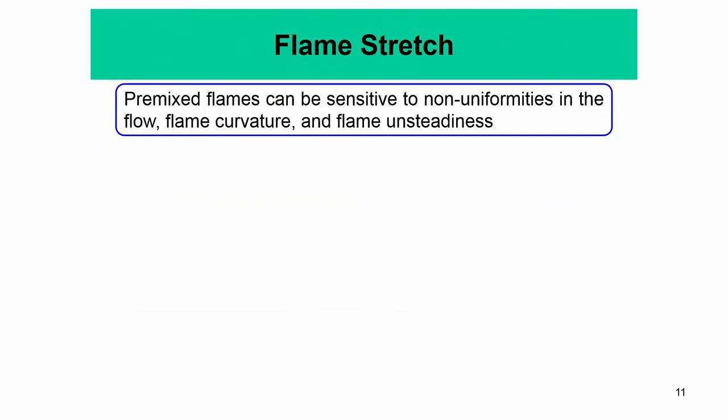Now, before we go into the other details about how we model flames in turbulent flows, one important concept for laminar premixed flames that we need to introduce here is called the concept of flame stretch. Okay. It is essentially the rate of change of the flame surface area with time per unit original area. So, this is important, because